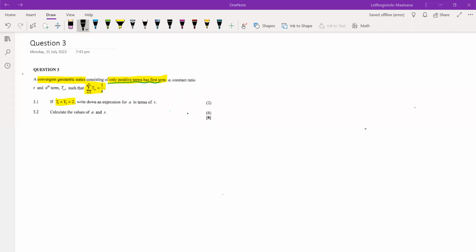For the second method, we're still relying on the same information that we had before for the first method, and the first part of it is similar. So we already know that the sum of all the terms in our series is going to be A/(1 − R). We know that the sum of the series from term 3 up until infinity is equal to 1/4, and we know that the sum of term 1 and term 2 is equal to 2. So with that information, again, starting here,